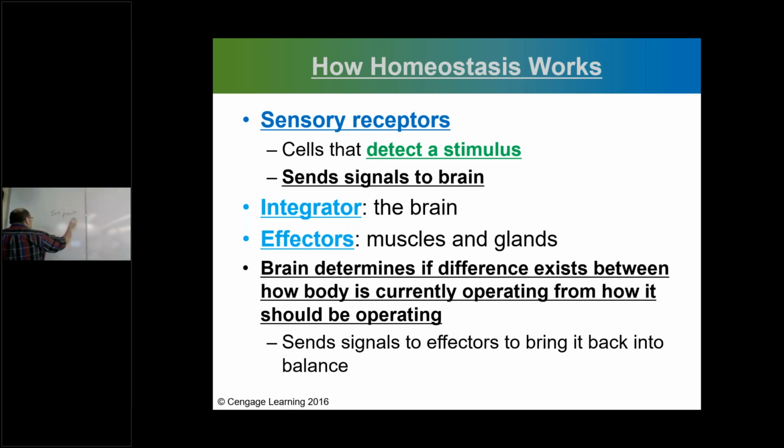So how about for blood pressure? We're talking about like 120 over 80. This is your BP. For your heart rate, how about we do like 72 beats per minute? How about for your respiratory rate? How about if we do 15 per minute? So those are just examples of what a set point can be, right?